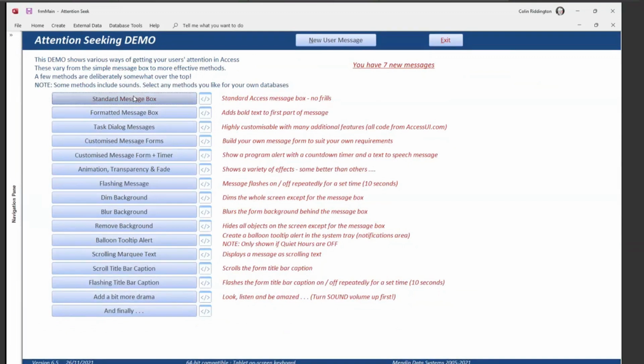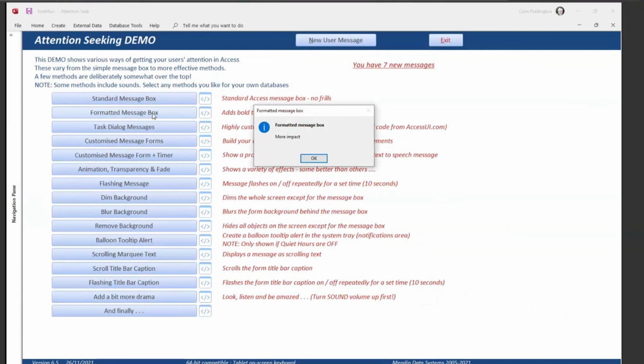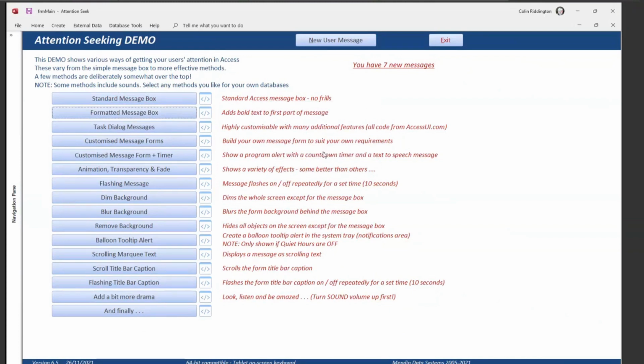So, you need your user's attention. Well, apart from having a beep, which you may or may not have heard then, that's really not got much impact. They'll ignore it. They'll probably even just close it without even reading it here. You can make it a bit more obvious. Formatted message boxes here, where the first section can be bolded. Some people don't like that. They think it looks old-fashioned, back to the 90s or so. You may or may not agree. I use it quite a lot. But if you want to get anything more fancy than that, you are really limited, the size of the text and so on.